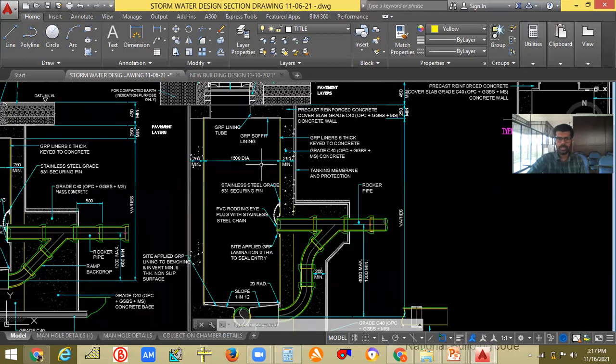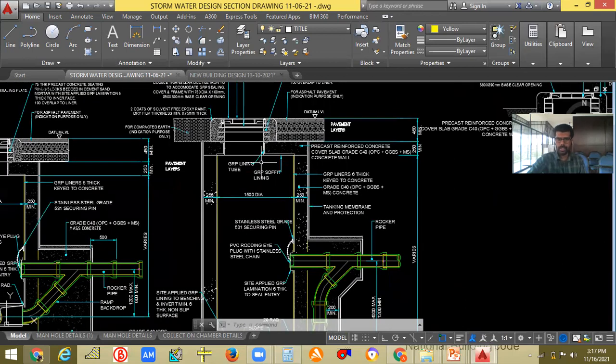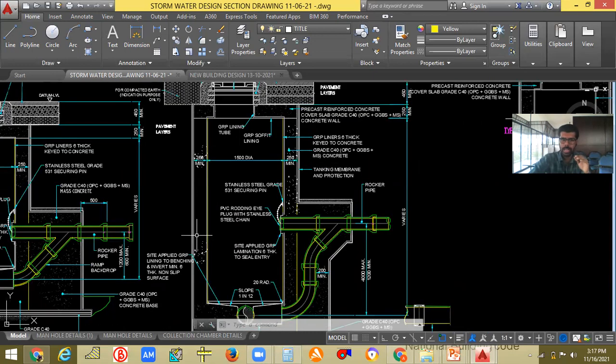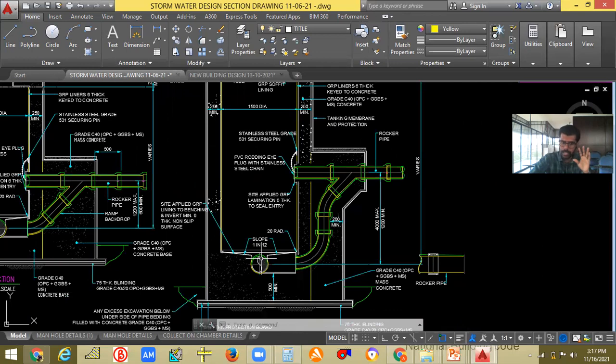So this is the way the people will come and inspect here. The branch pipes will be settled somewhere here, here, etc., and the main pipe will be going in the below only. So imagine two manholes, one manhole here, one manhole here. Manhole and manhole will be connected by a main pipe going through this. Understood? That will be below, in the bottom of the manhole. Main pipe connection.